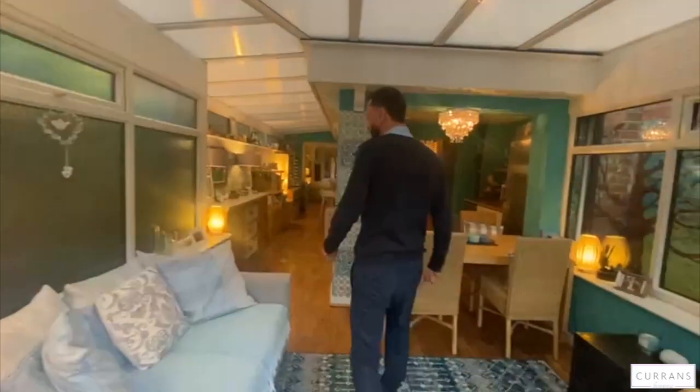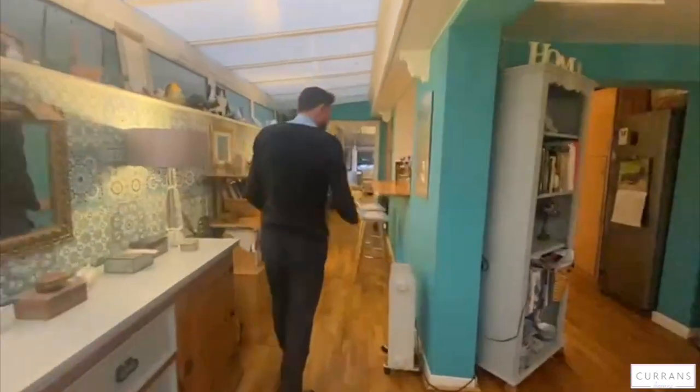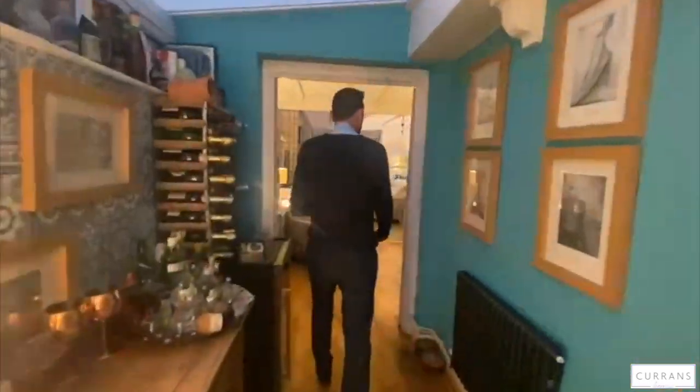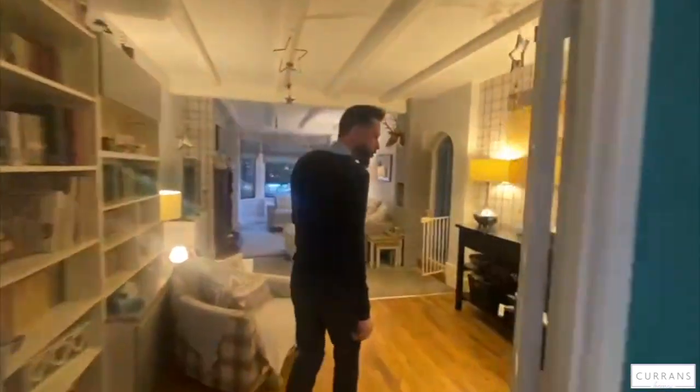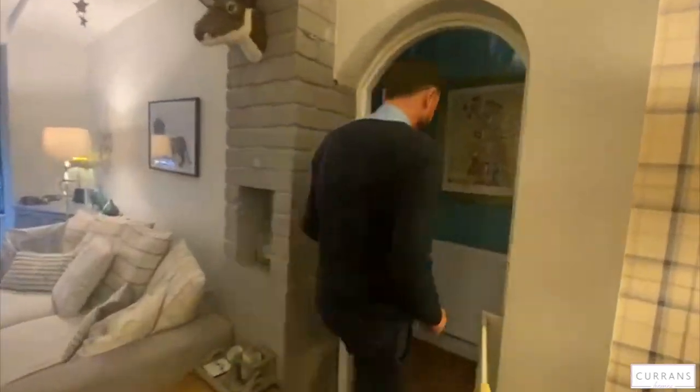So back into the house, into the conservatory. The property is really well decorated throughout, has a really nice feel and has been very, very well maintained. Whilst the owner has taken great care, I think, to keep the house in keeping with its age. And up we go the stairs, along this nice fluffy grey carpet,